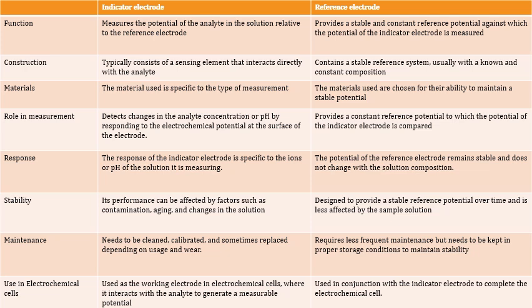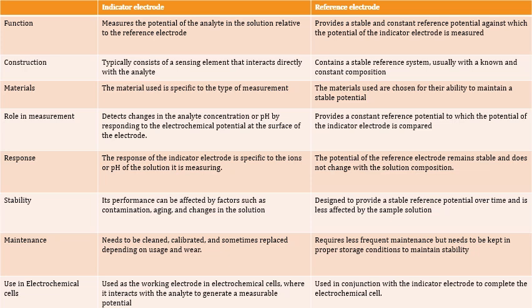Its role in measurement. The indicator electrode detects changes in the analyzed solution or pH by responding to the electrochemical potential at the surface of the electrode. The potential change is used to determine the concentration of the analyte. The response of the indicator electrode is specific to the ions or pH of the solution it is measuring,